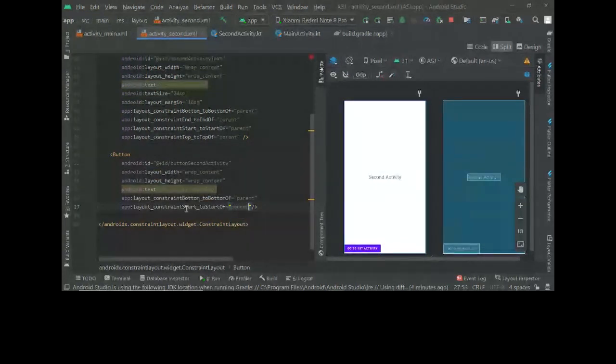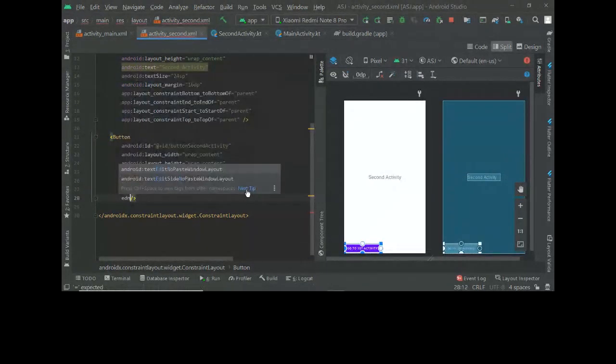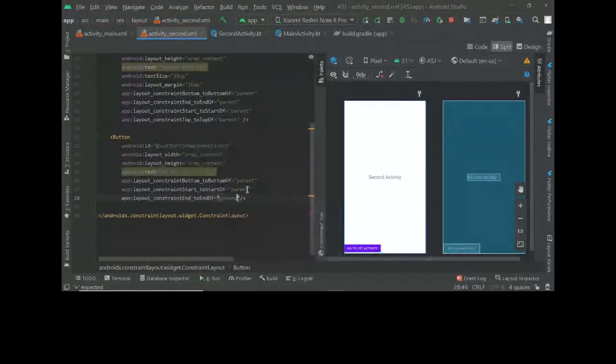You've seen left, right. What start means is the starting of the screen. Sometimes with left and right, let's say you're twisting your screen, I mean you change the orientation, like from portrait mode to landscape mode. That time the left and right may change. So instead of that, we use start and end of the screen. End to end of means the end of the screen. It's an alternative to left and right.